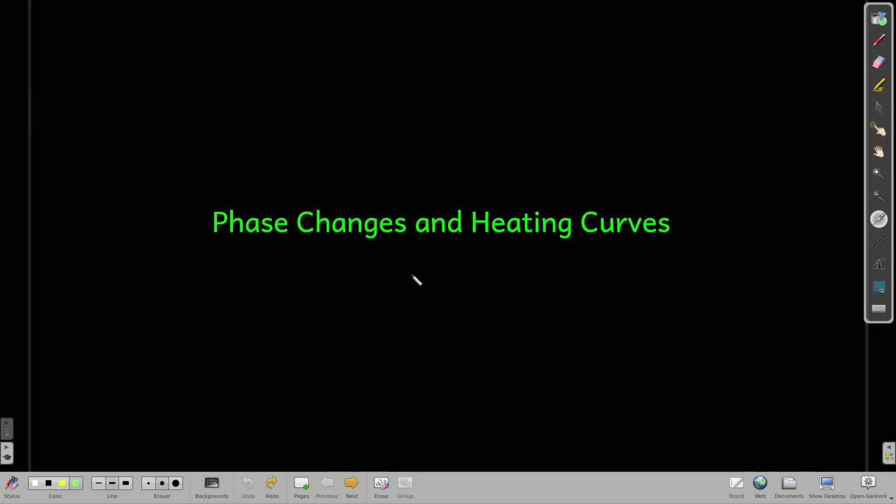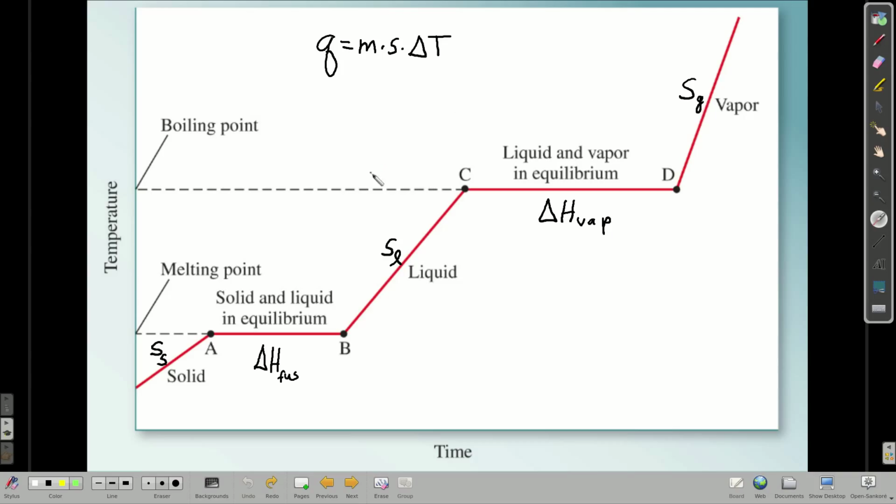In this module, we talk about phase changes and heating curves. So going from a solid to a liquid or the other way, or from a liquid to a gas or the other way, something like that. So this is a heating curve, and what this does is a graph of temperature versus time as you take,